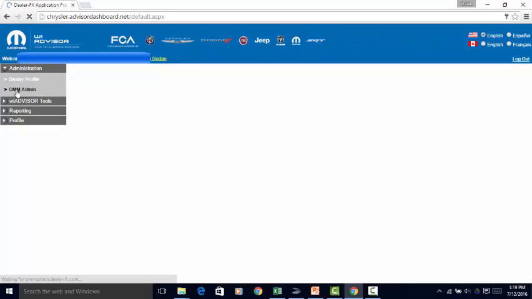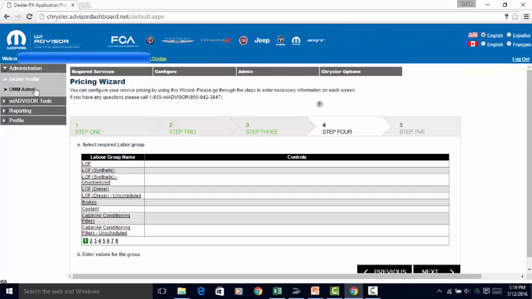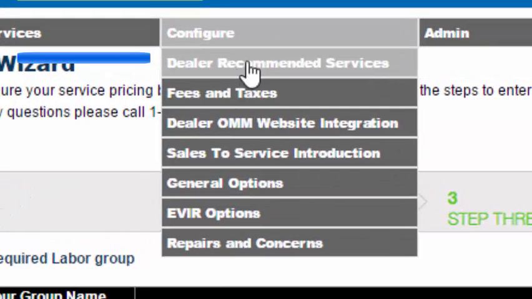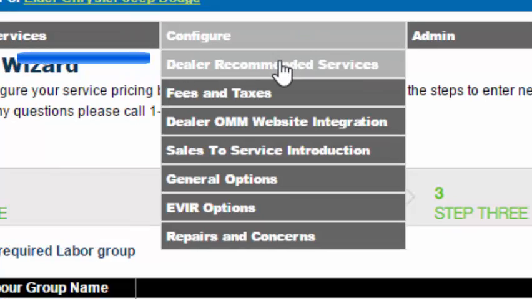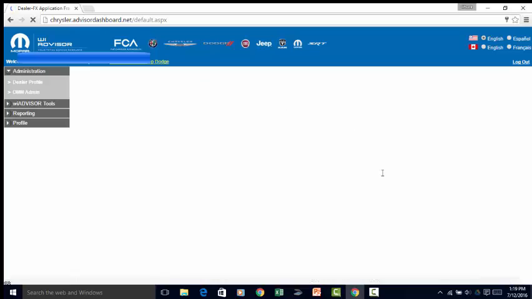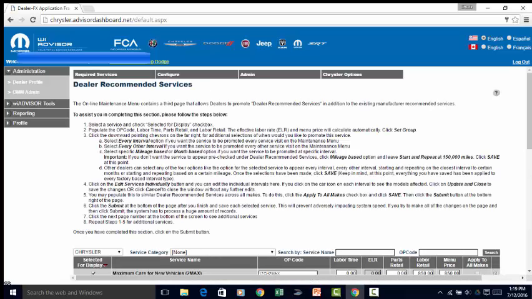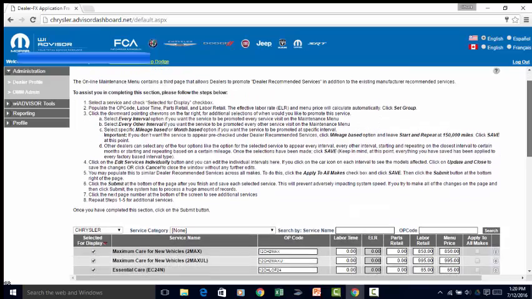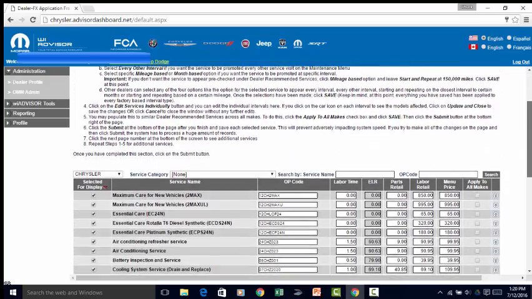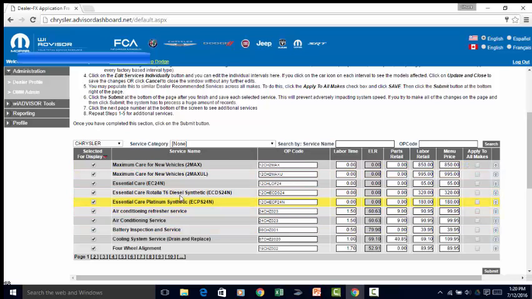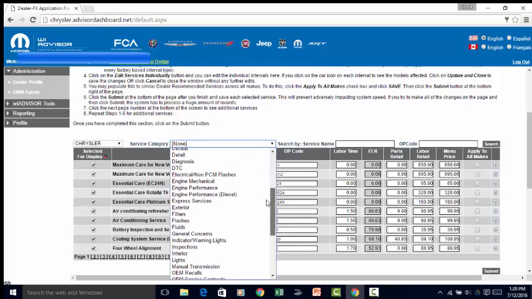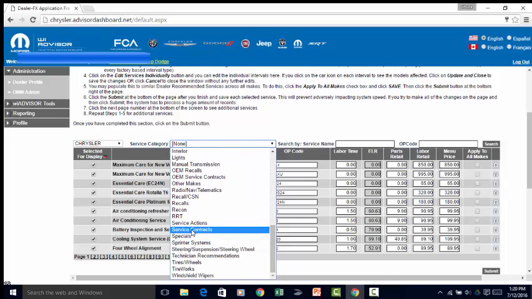Now this store is going to look a little bit different because I've already added their selections, but you're going to go to configure, recommended services, scroll down, and then the instructions are going to be here when you try to do it and maybe get lost or explain to your service manager. Your screen won't have these here, but when you're trying to do it, go ahead and select the drop down box and go down to service contracts,